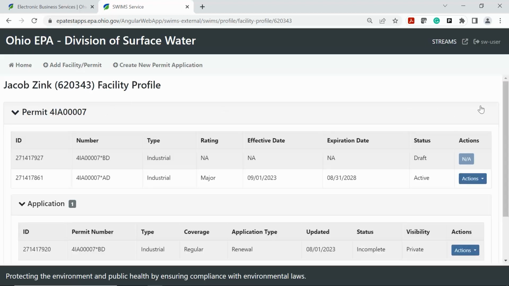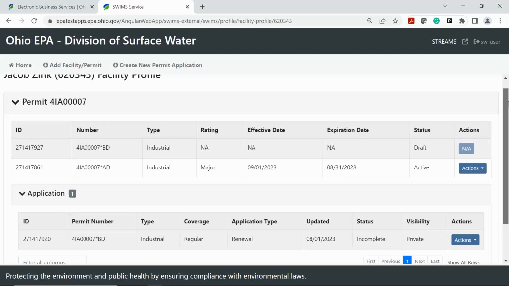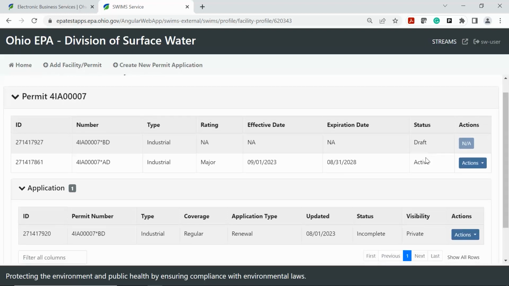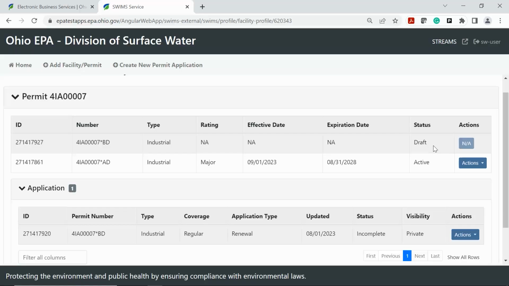And in this example here, you're going to see quite a few different things than you normally might see. You will find your active permit. In this case, we have a draft also showing. What this means is that it's telling me that somebody somewhere has started an application for this permit. In this case, I started the renewal ahead of time for the demonstration purposes of this video. So normally, what you would do if you didn't see this application dropdown, you would click the Actions button and then Renew. And it's going to load up the online renewal application with no problem. But in this case, if you did it, it would show an error.